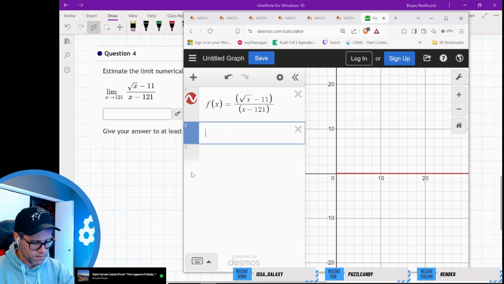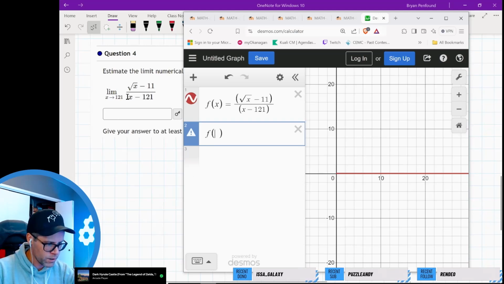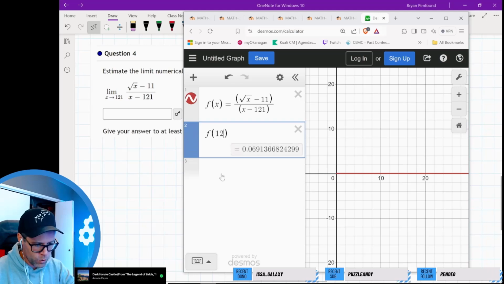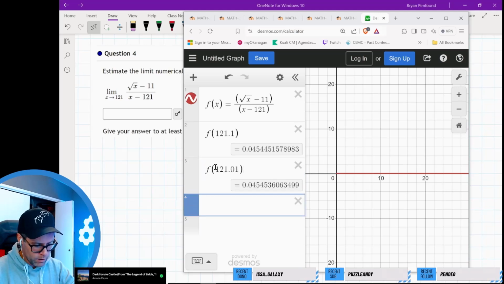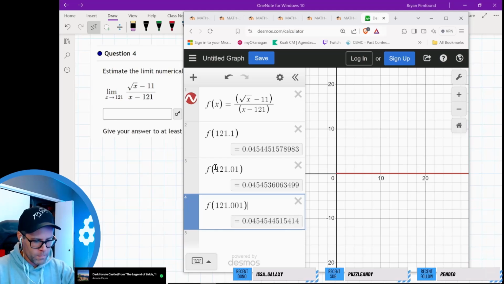And now I can start evaluating this at whatever number I want. Specifically, we're going to be interested in what's happening close to 121. So maybe let's do f at 121.1, let's say, right? And we'll do f at 121.01. And we'll do f at 121.001. Right, so we can kind of see that after a couple iterations, we're going to get 0.045 in each case,